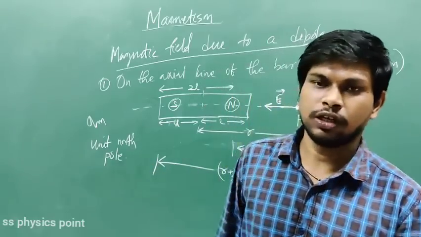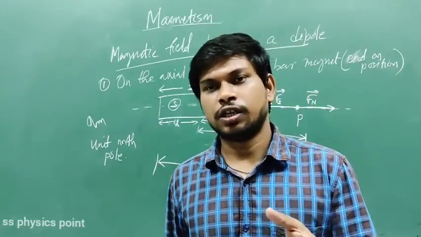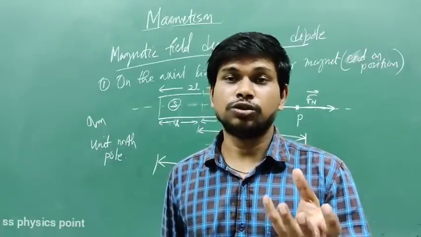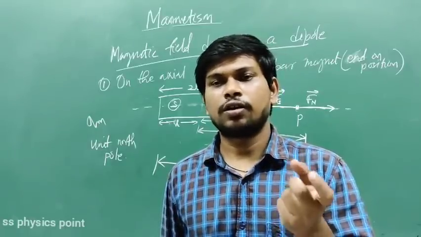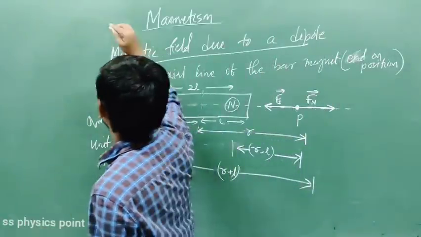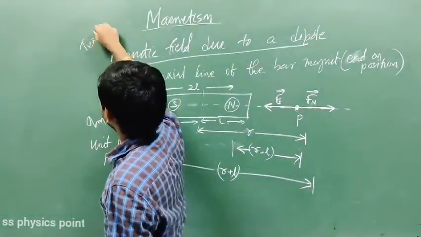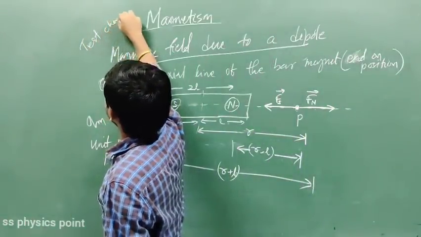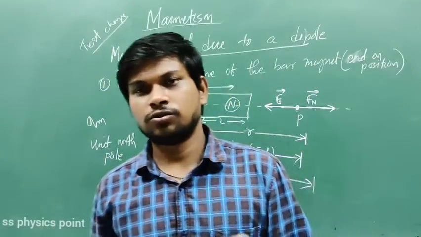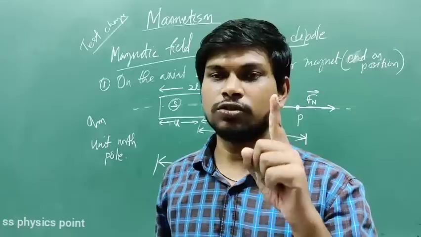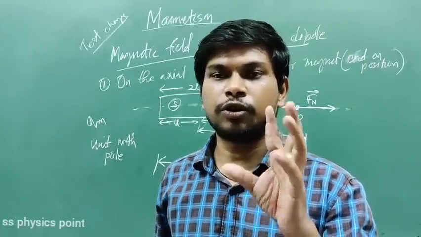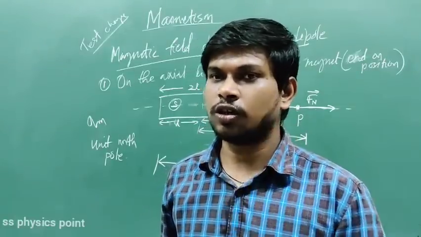Why am I writing that one? This is an imaginary point, which is used to calculate the force of the magnetic field at a point. There you have taken a test charge. In electrostatics you have seen a test charge. Test charge is of positive charge and magnitude 1. टेस्ट चार्ज में क्या था, पॉजिटिव चार्ज था, उसका मैग्नीट्यूड कितना था, 1.